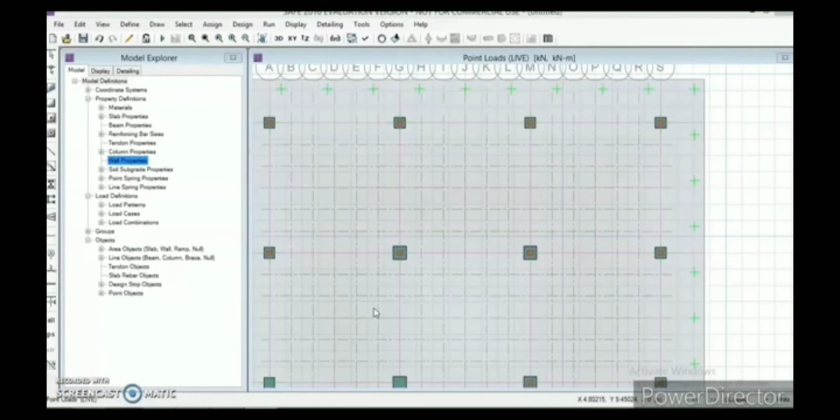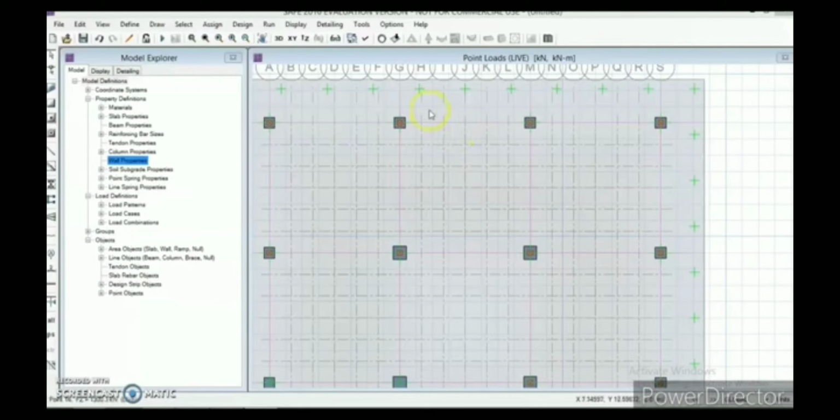In the meantime I have assigned the remaining dead loads and live loads to all the 16 columns. So now the assigning part is done. We have assigned the loads as well as the concrete properties initially, and before assigning the load properties we have also assigned the steel properties to the column. We have already assigned the soil properties to the footing as well. So now everything is done. We just need to check our analysis.